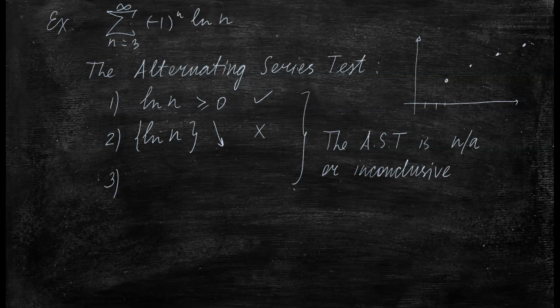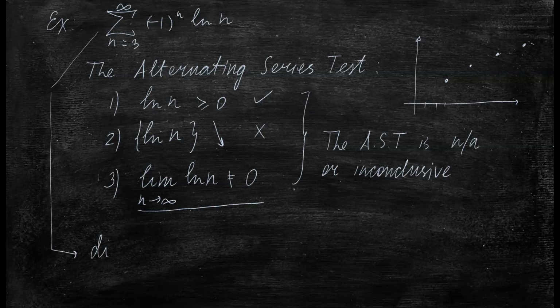However, in this case, if we continue and set up this limit, and remember, this limit is the same limit that we check in the divergence test, the fact that this limit is not equal to 0 implies that this original series diverges,